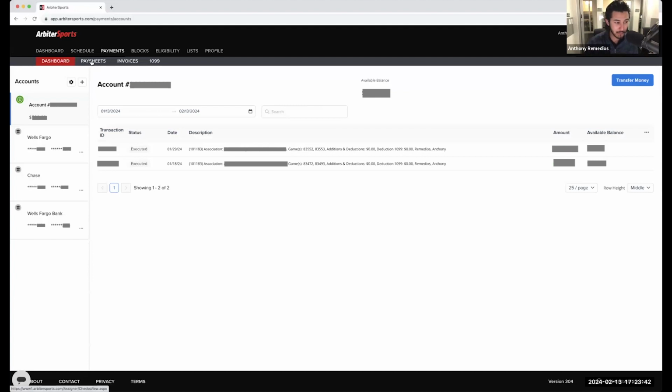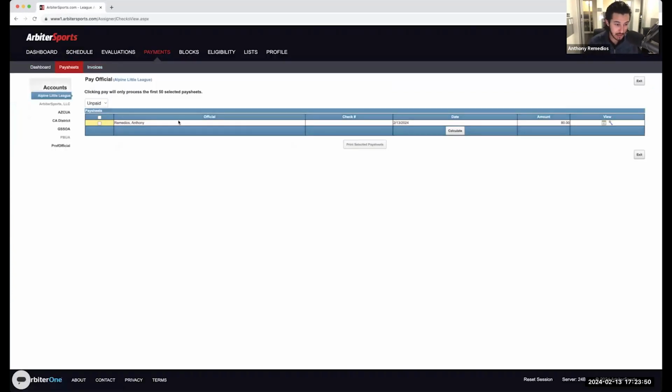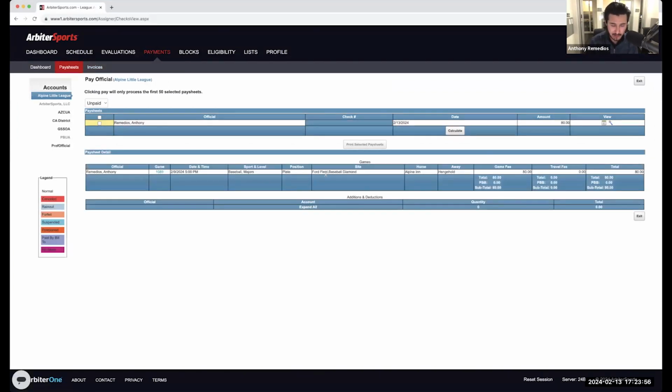When you have, after you've been paid, or if you're waiting to get paid and you want to see how much it is, you go to this pay sheets tab here. And you can see here I have one unpaid pay sheet. I can click here to view it. It'll show me the game details, how much I'm getting paid for each game. And if there's any